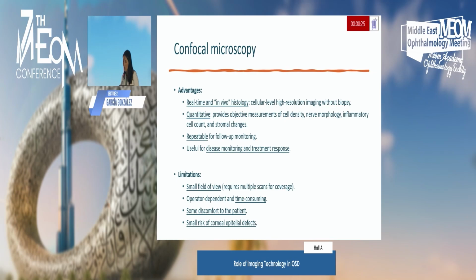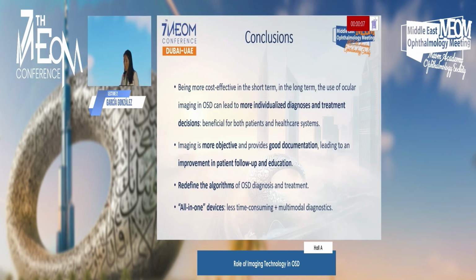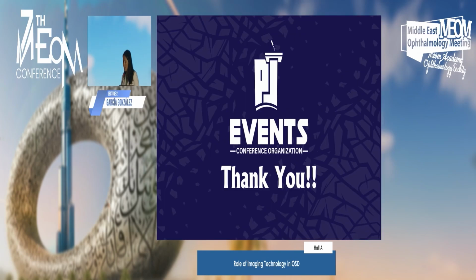The advantages of corneal microscopy are that it offers real-time in vivo histology, provides objective measurements of all the layers of the cornea, is repeatable, and is useful for disease monitoring and treatment response, but it offers a small field of view, is time-consuming, and has some discomfort for the patient. So, while being more cost-effective in the short term, in the long term, the use of ocular imaging in ocular surface disease can lead to more